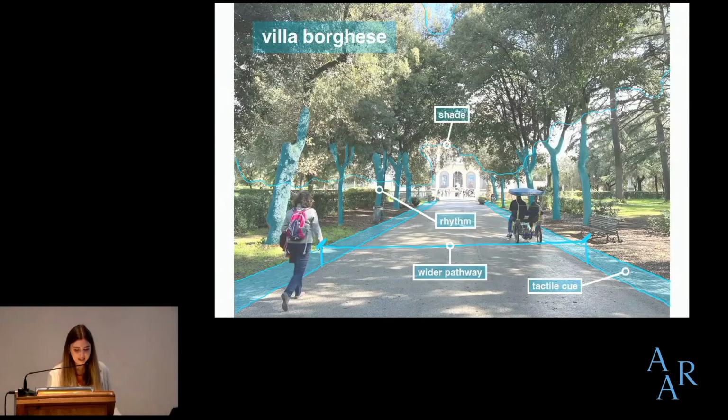Villa Borghese illustrates a subtler example. The original cobbles remain at the edges of the newer asphalt. I think this is something many cities can do to keep some of the integrity